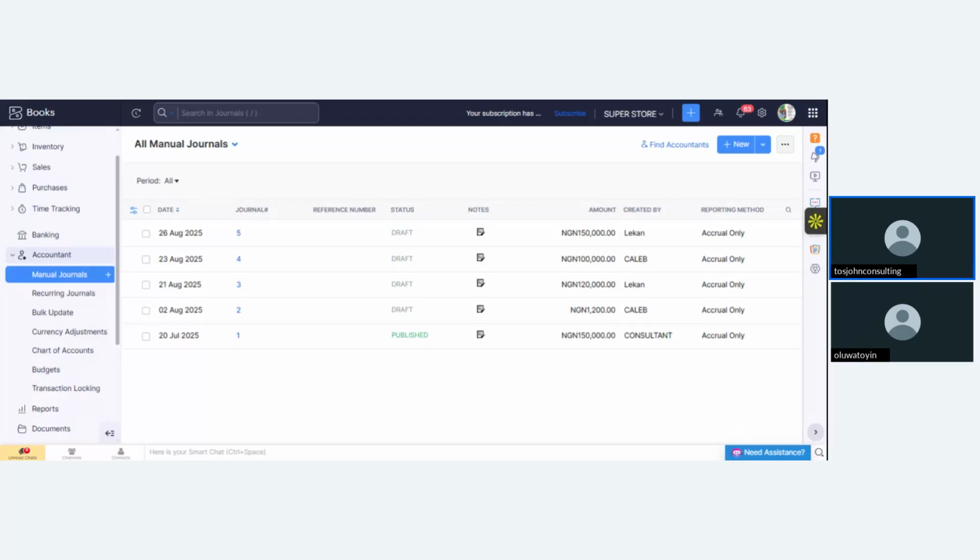It will not show the true and fair view of your business, of the company. So no matter what, even if we have AI now, we have ChatGPT, we have automation, accountants will still be relevant till the world ends. Because all those AI, ChatGPT and automation are just assistants. Maybe the work that would take you 2 hours, using them, it will take you maybe 20 minutes or 10 minutes. So it will just save your time.